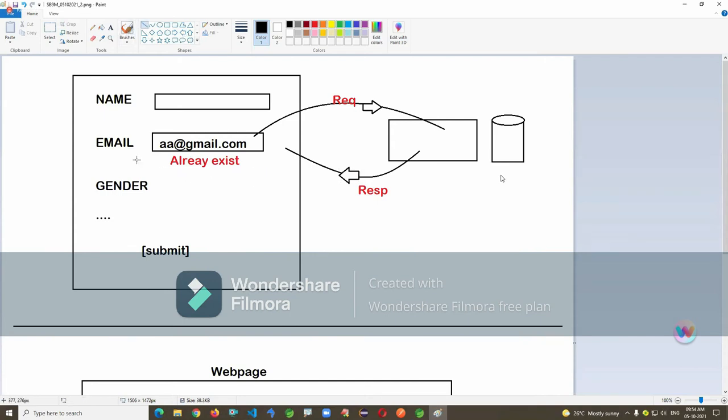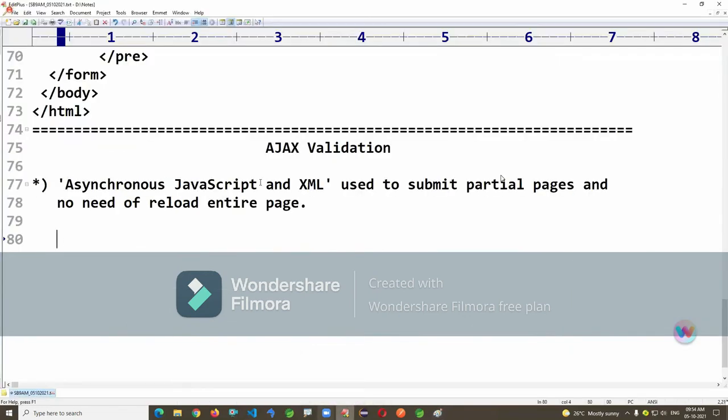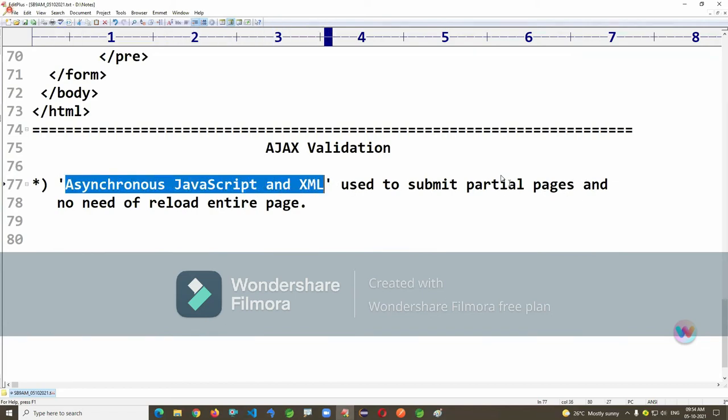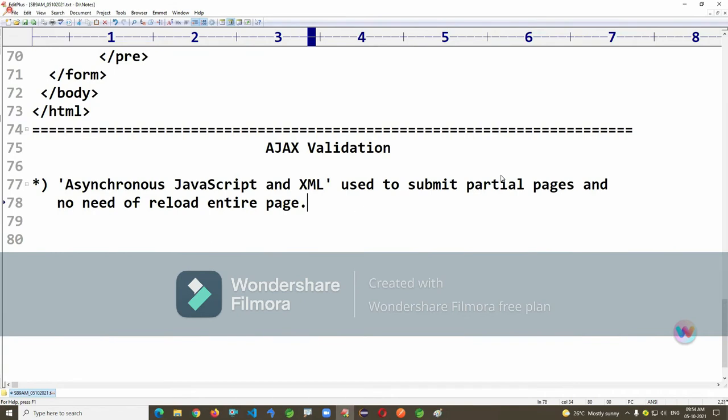That is called partial area submission, and without reloading, print the response message. That is the Ajax concept I'm using, Asynchronous JavaScript and XML, used to submit partial sections with no need of reloading the entire page. Got the clarity of this Ajax?